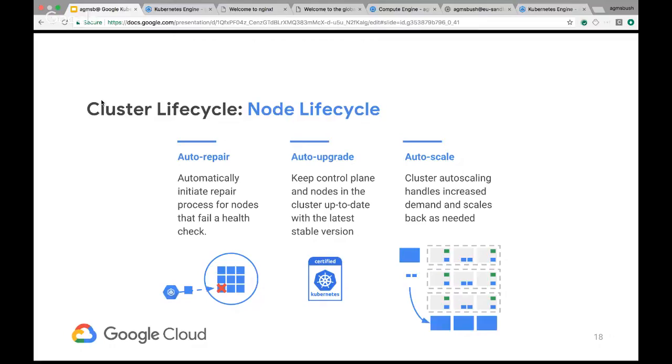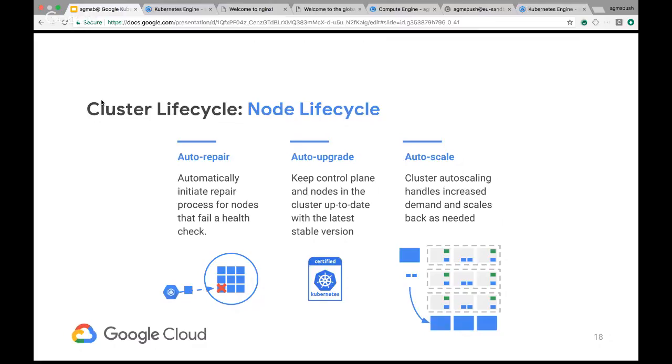So this is something where, underneath a GKE node pool is a concept of a managed instance group. So if I delete a node, one will be spun back up. That's great. But what about if my node is there, but it's failing specific health checks? Let's say it's in an unreachable or a not ready status. Or let's say that it's experiencing some level of disk pressure. This is something that GKE will actually notice for you and take actions to create a healthy node in that unhealthy node's place.